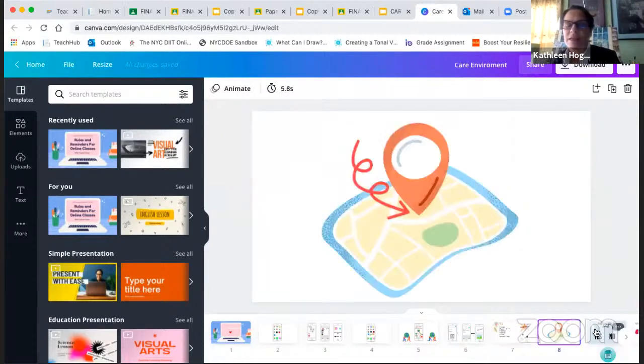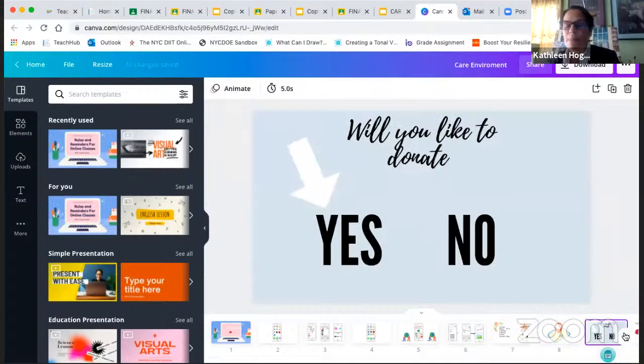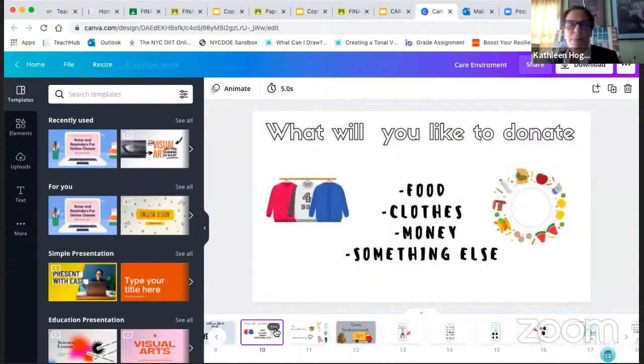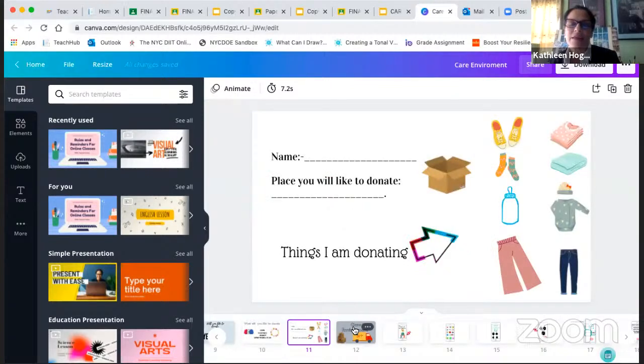And after you press on place, it's gonna show you a place that's close to your house, so you can see. And then it will ask you if you would like to donate, and then you can say yes. After you say yes, it's gonna ask you what would you like to donate: food, clothes, money, something else. In this case, we're gonna do clothes, and it's gonna ask you for your name and a page that you